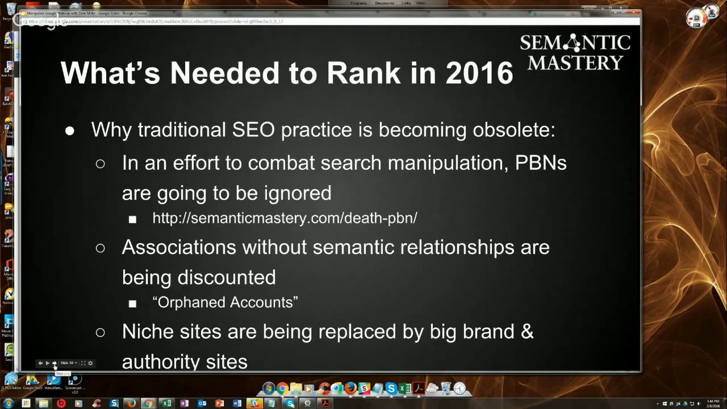It's coming. Okay, so if I understand this right, PBNs were what was working. Now it's not working anymore, and you're saying what this slide is showing is basically what we need to do now. PBNs are still working. Yeah. But